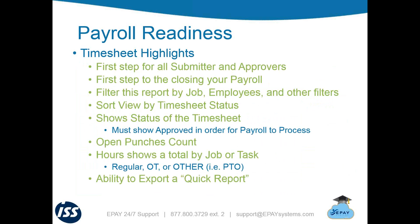But this report, or this timesheet view, gives the ability to report by job, employee, or other filter. And I'm going to show you that from the demo site here shortly. It also gives you an option to sort the view by timesheet status. So one of the cool things about that, which I will demo momentarily for you, is if I just wanted